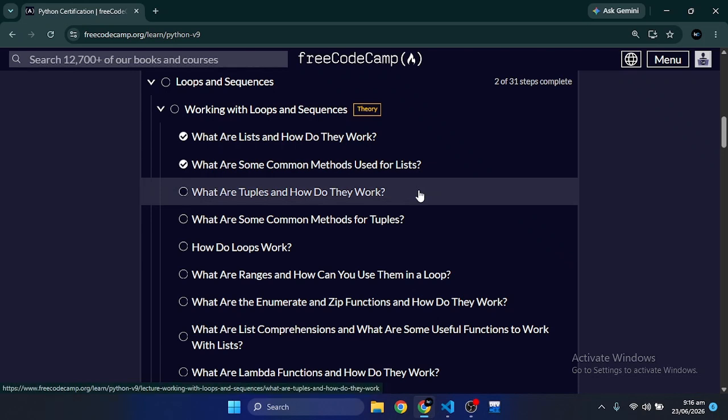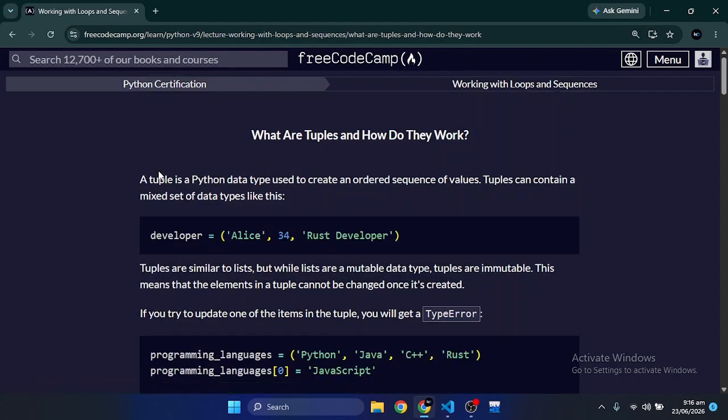Today we are going to start a new topic about a new data structure, which is tuple. So what is tuple? Tuple is a data type in Python used to create an ordered sequence of values. Tuple can contain a mixed set of data types like this. So these are just like lists, but this has a major difference from list, which is that it